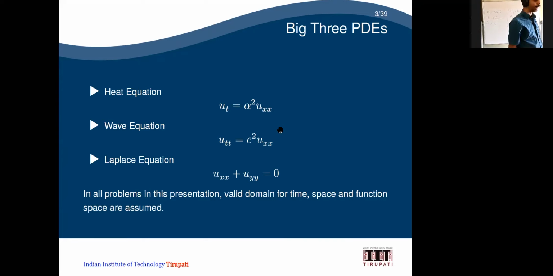These are the big three PDEs in the second order. If you go for the classification of second order PDEs, there are three types: one is called elliptic, another is called parabolic, another is called hyperbolic. Almost all these three big PDEs are categorized in one of these forms. Either it will be elliptic, or parabolic, or hyperbolic. We'll see that in the classes once we are solving them. So these are three important PDEs in your course.